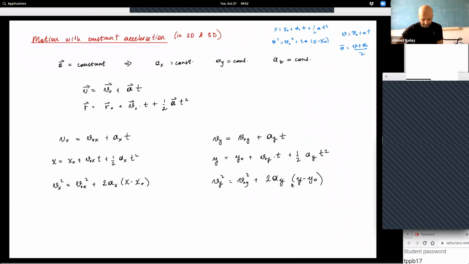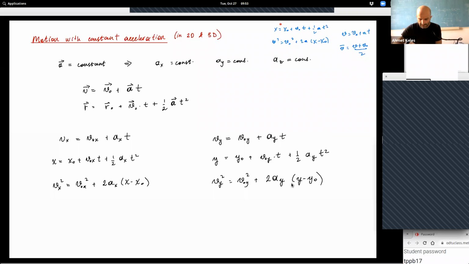So I think now we can talk about motion with constant acceleration in a more general 2- and 3-dimensional space, like the pictures I showed you in the beginning. I just want to remind you, in the last week, we had motion in 1D under constant acceleration. We had these nice formulas: x is equal to x naught plus v naught t plus 1/2 a t squared. And v is equal to v naught plus at. And if you eliminate t, v squared is equal to v naught squared plus 2a times x minus x naught. And if you want average velocity, it's something like this.